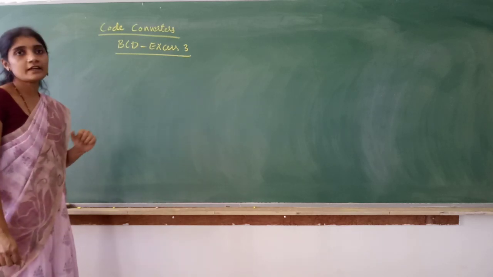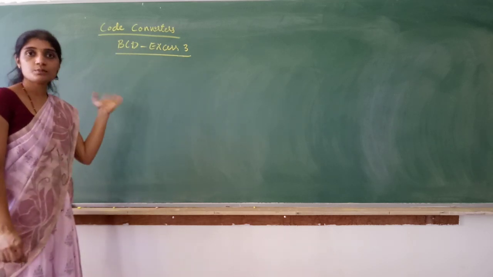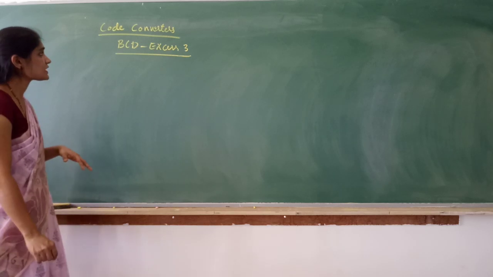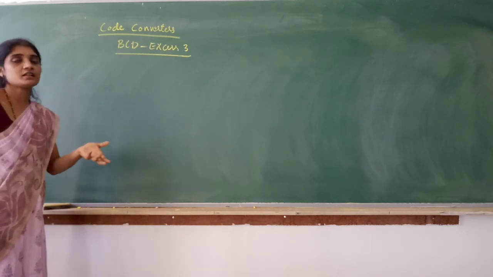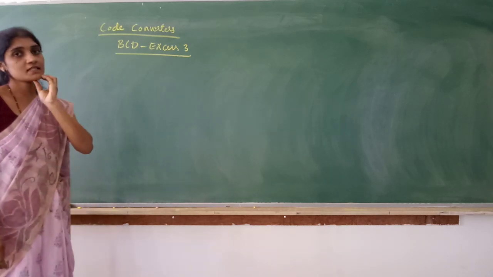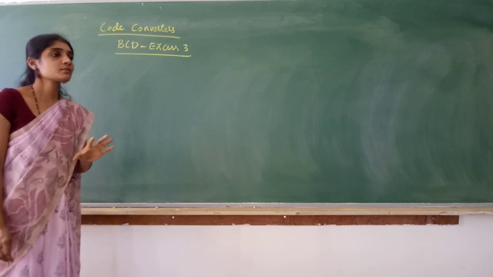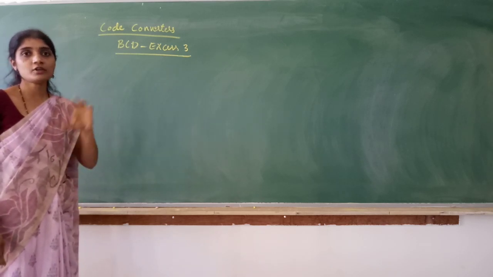Now in module 5, for the same example of code converter, we'll take the same BCD to XS3 code. What is BCD to XS3 code? For every BCD number, we add 3. That is going to be the XS3 code for the given BCD number. BCD numbers will be from 0 to 9. We know this, and we have designed a combinational circuit to convert a BCD number into XS3.